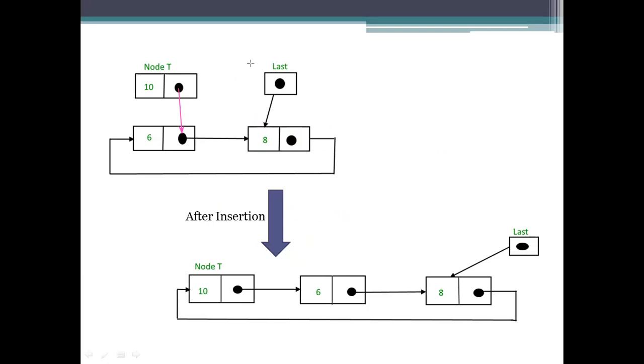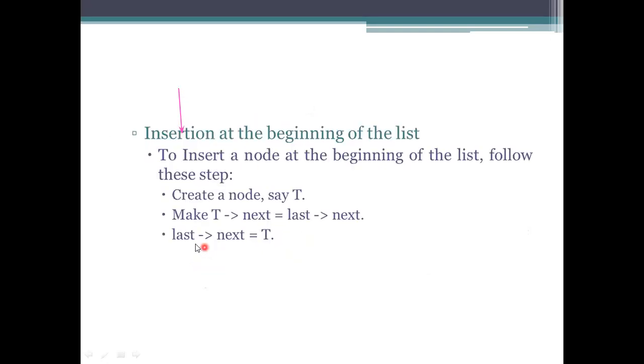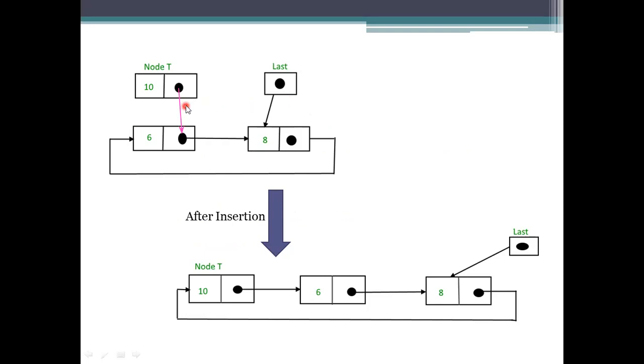How I am going to update the value here: just go to the next step. Last next will be T here. So try to create an arrow, a pointer here to this one, and update the value of this one. So the last one you have been using will be pointed to this one. So we need to specify it like this, and make the changes here.